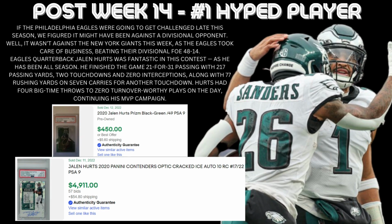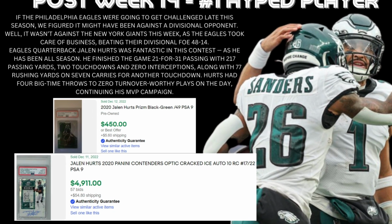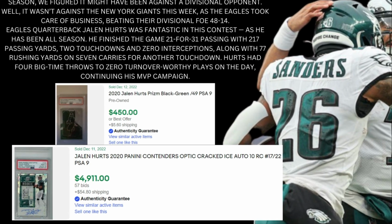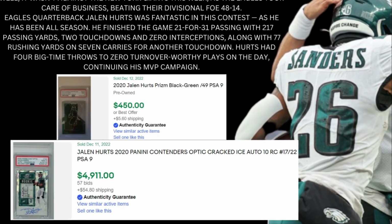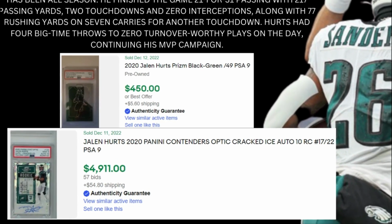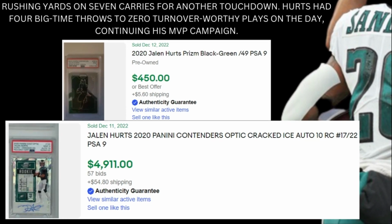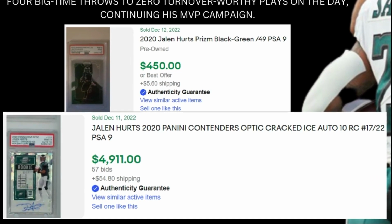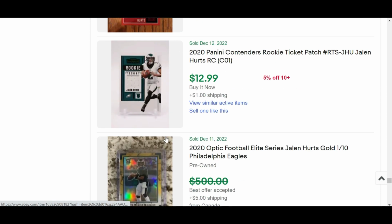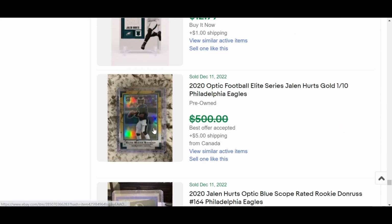Check out this 2020 Panini Chronicles Prism Black Green Parallel, numbered out of 49, PSA 9 for $450. Buy it now. Or what about this Cracked Ice Rookie Ticket Auto, numbered out of 22, PSA 9, closing for almost $5,000 in auction late last night. I got down to page 3 of 60 results per page to get to the late last night's listings sold for Jalen Hurts. That tells you there's already several hundred sold transactions today,